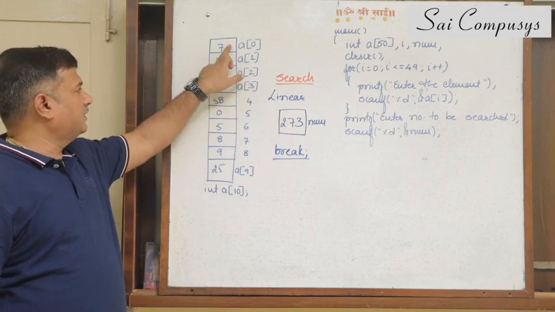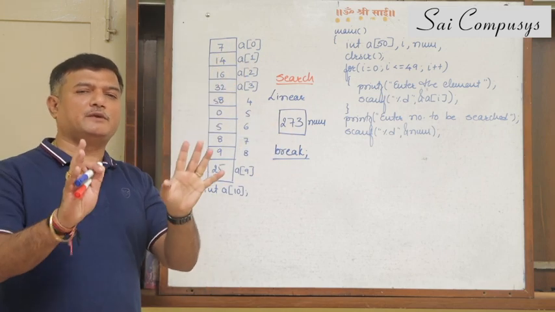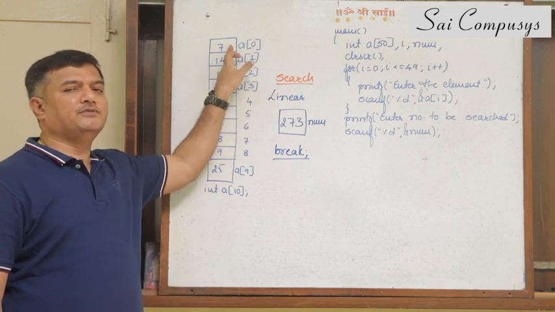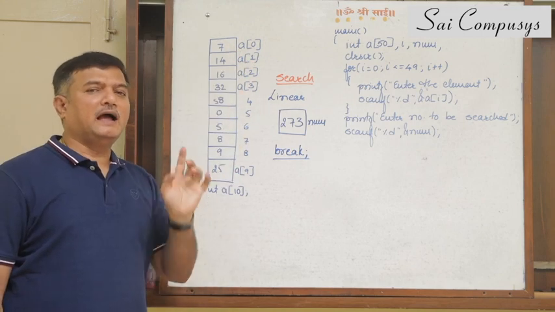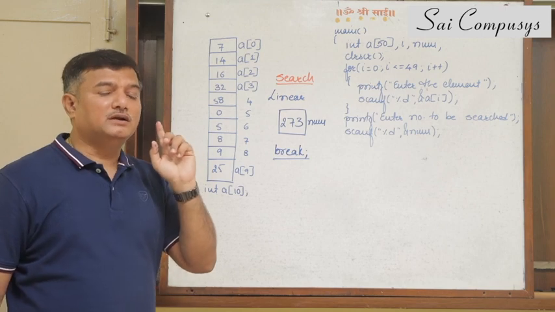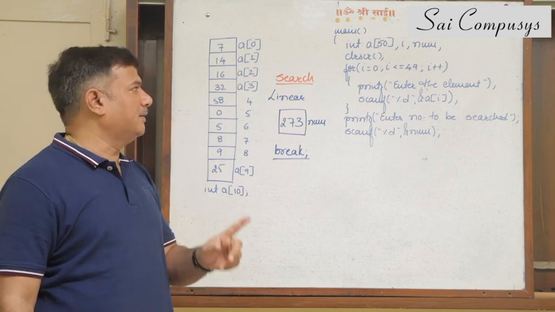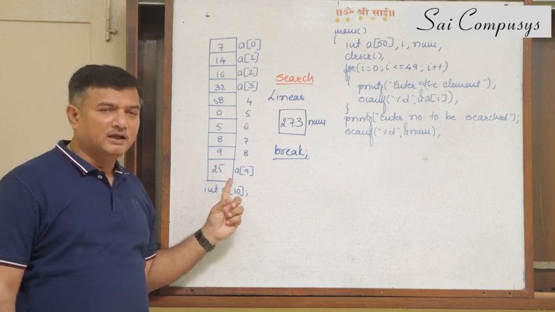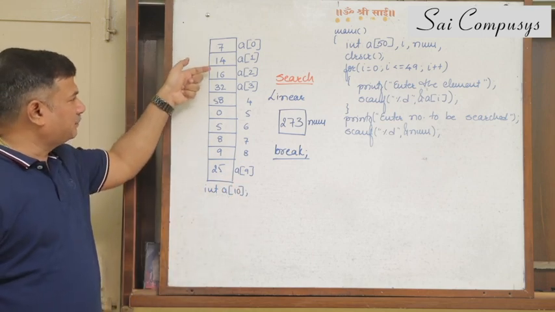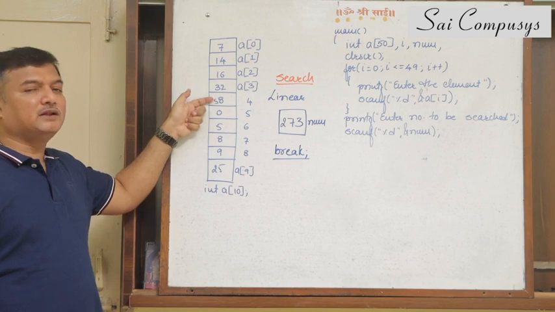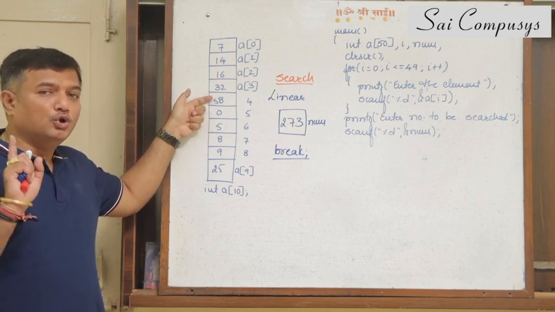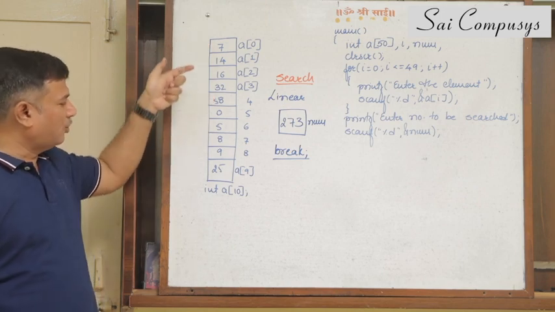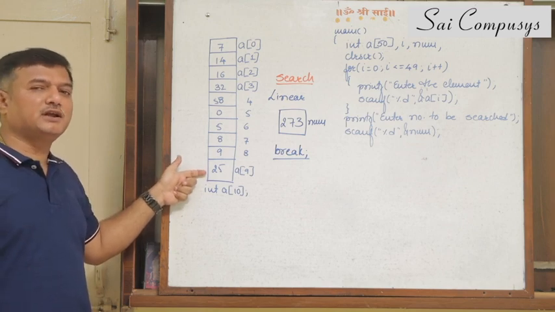Now what most of the people do wrong in this program is, they compare: is the number present here? If it's present, they directly say present, and if it's not present, then they say it's not present. I again repeat, number is not present can be concluded only after comparing the whole of the array. While comparison takes place, I can conclude that the number is present. Not present can be concluded only after the list has been checked completely.